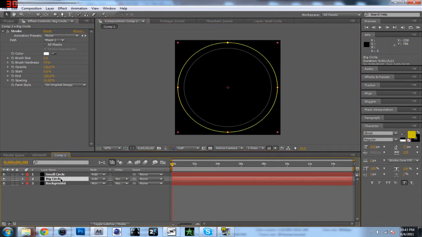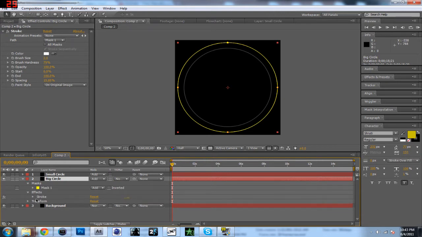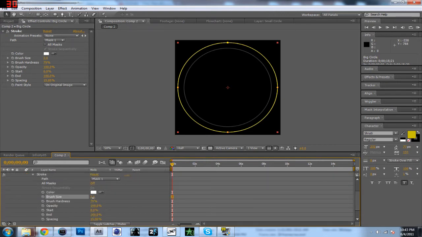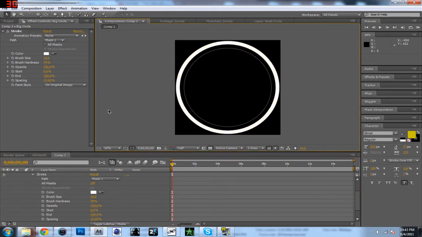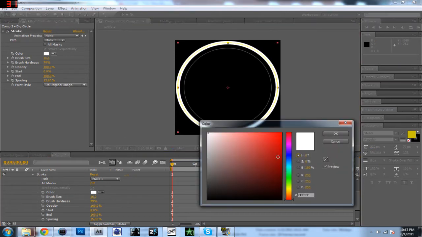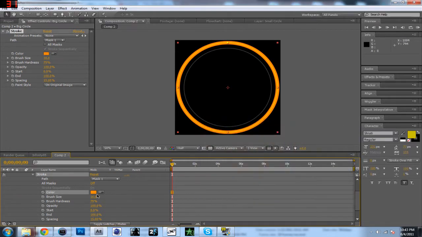On the large circle, or big circle, under Effects, we'll go to Stroke and change the brush size so it's a little bit bigger. This looks about right. I've never done this before, so I'm hoping this is good enough. I want to make this maybe an orange or yellow color. I'm just doing this to see if it works, almost like a proof of concept idea. I want to see if I can do it. I'm testing myself. I believe this should look pretty good. I'll make this an orangey color, and the inner color a